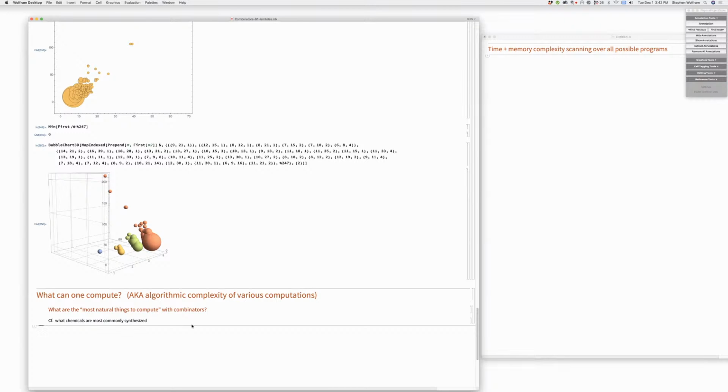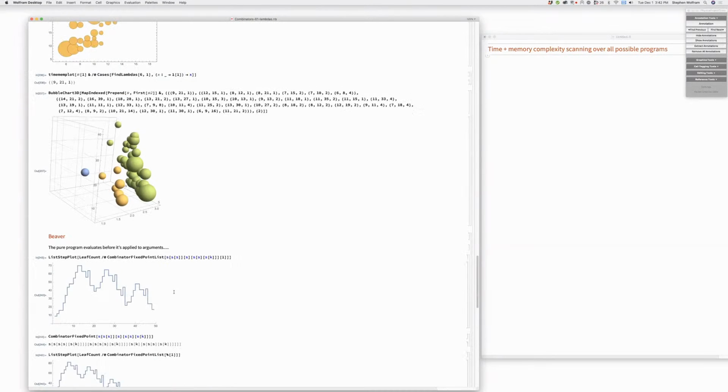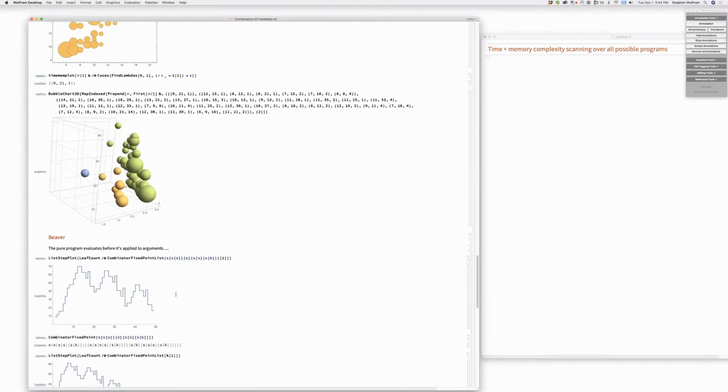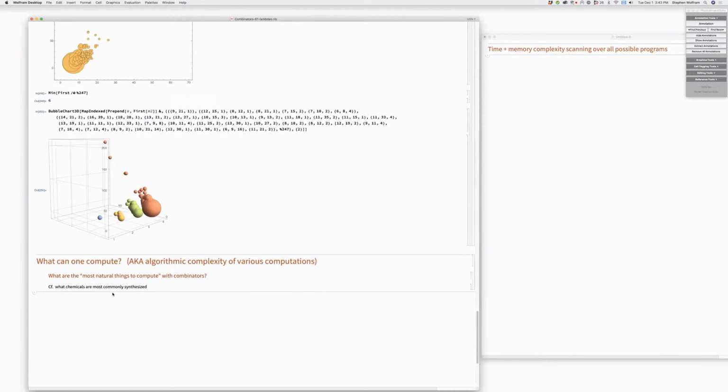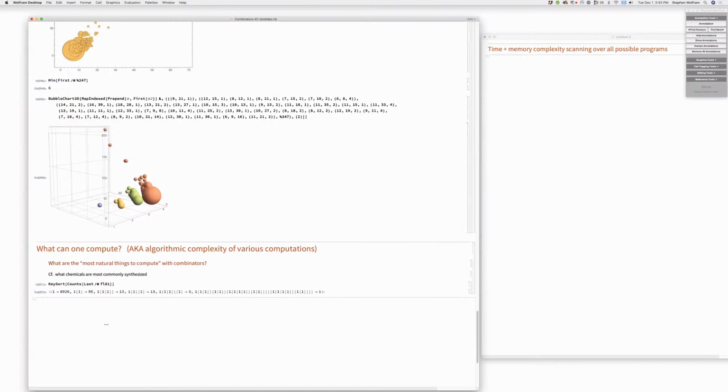All right, let's get back to actual combinators. The thing I was going to do next was to ask the question of these things: let's say we go last FL81 here, and now we want to say counts of that, and then do a key sort on that. So this is showing that there's a very limited number of things that we're getting here. We're getting all the 3s, but we're not getting even all the 4s yet. Did we do the 9 case? Yes, it was. Okay, so in the 9s case,